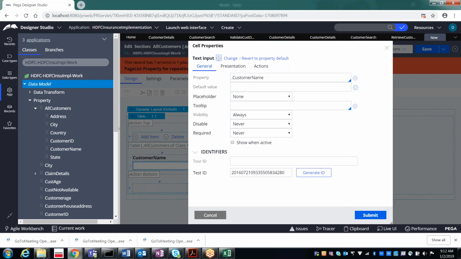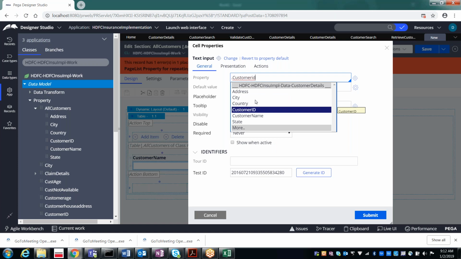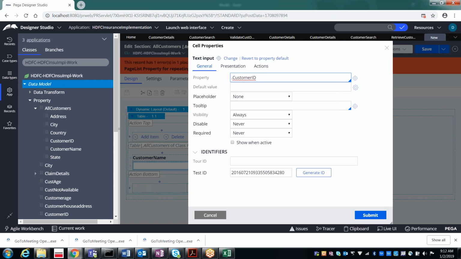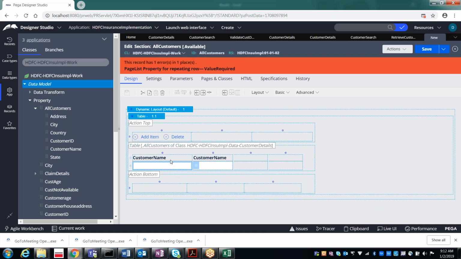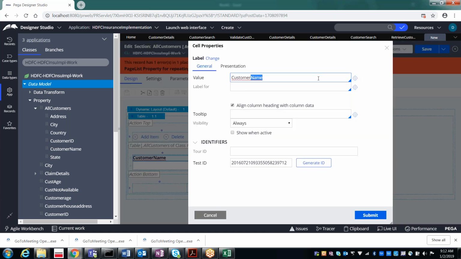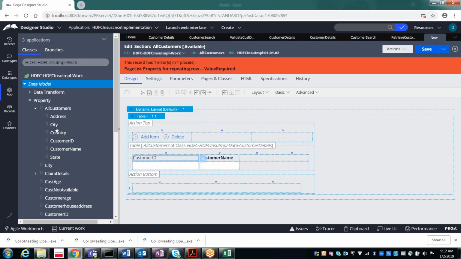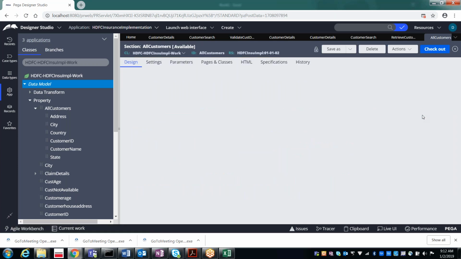In case you want to change it, you can change it from here. So manually also you can update it. Otherwise you can drag and drop it here. Customer ID, customer name, address, and then city. So I'm keeping only four properties. Save it.